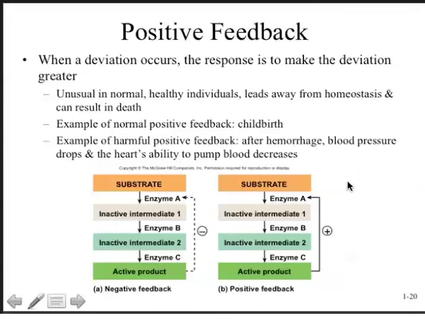An example of harmful positive feedback is the example of a hemorrhage. If you have a puncture wound or a laceration and you begin to lose massive amounts of blood, the blood pressure will drop, and this will cause the heart's ability to pump blood to drop as well. That will continue the drop in blood pressure to the point where if we don't do something about the blood loss, eventually there won't be enough oxygen and nutrients delivered to living tissue to keep you alive, and the result